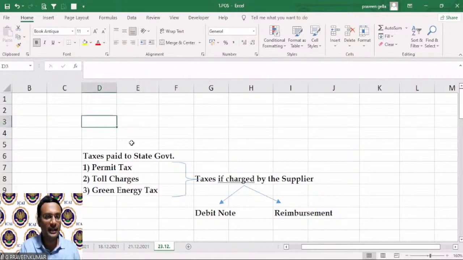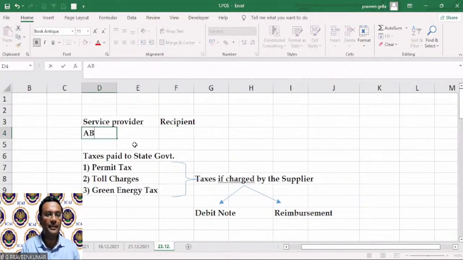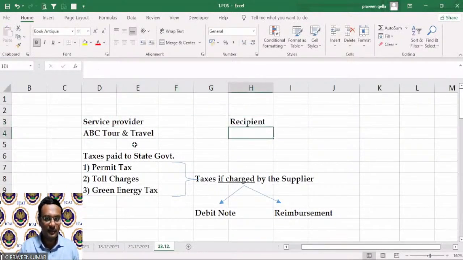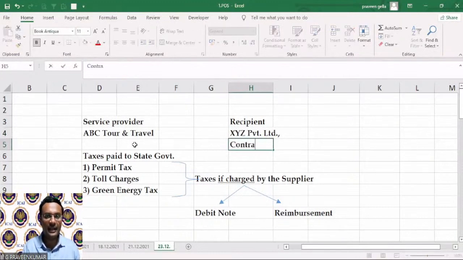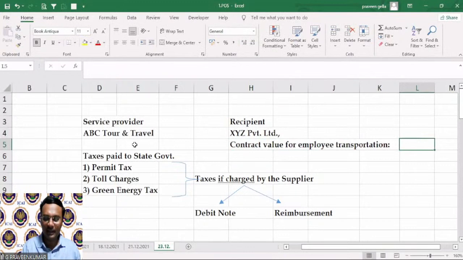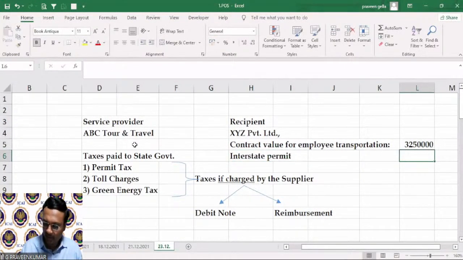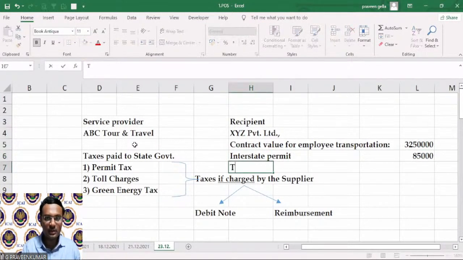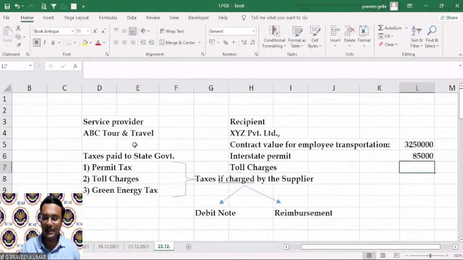See, for a moment, let us assume the service provider is ABC Tour and Travel, and the recipient is XYZ Service Private Limited. Now, the contract value for passenger employee transportation is 3,25,000. Interstate permit, say 85,000. Toll charges, say rupees 1,850. So if I take it this way,